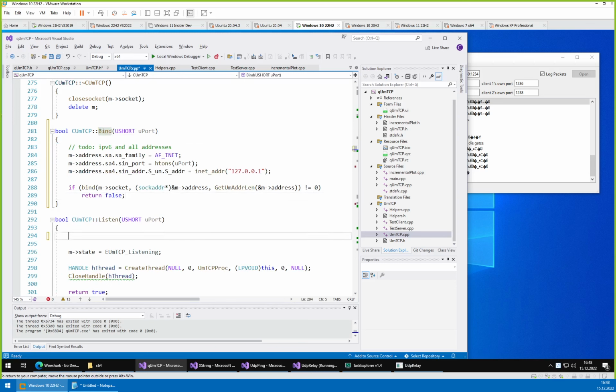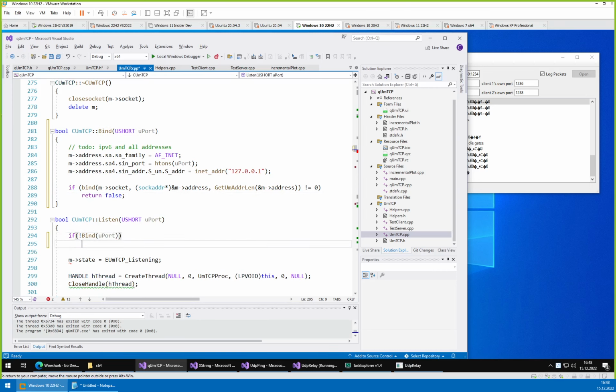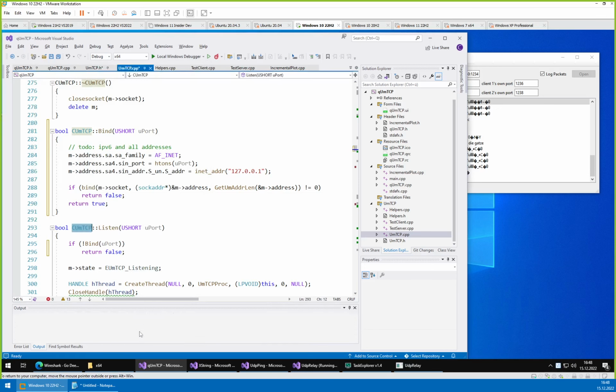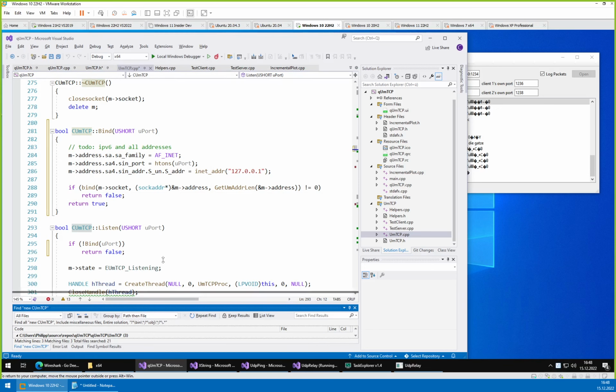So okay, so now when we create the socket, the client side,